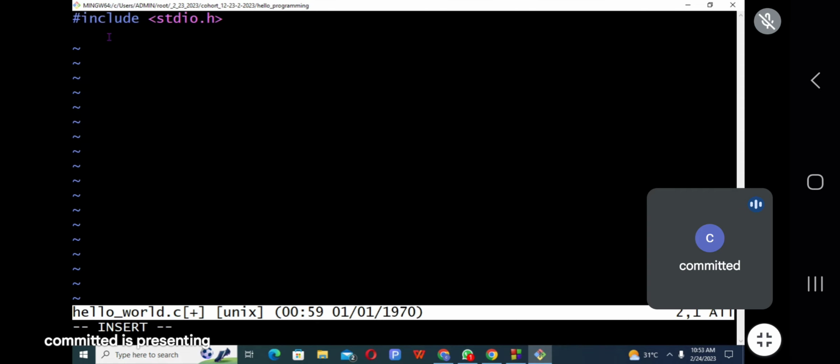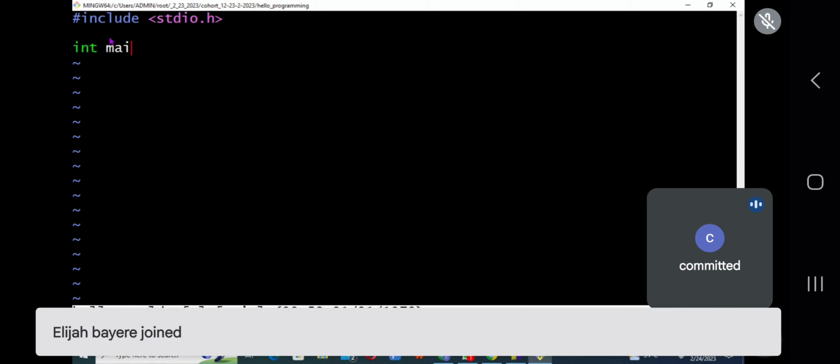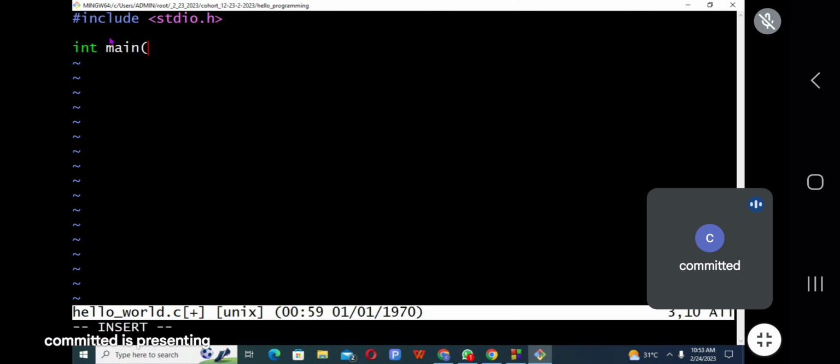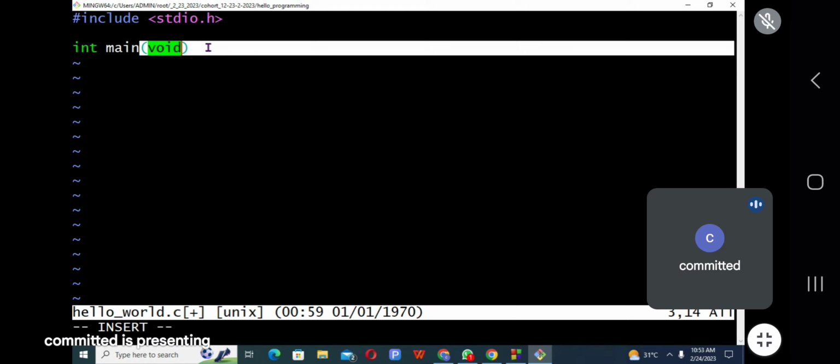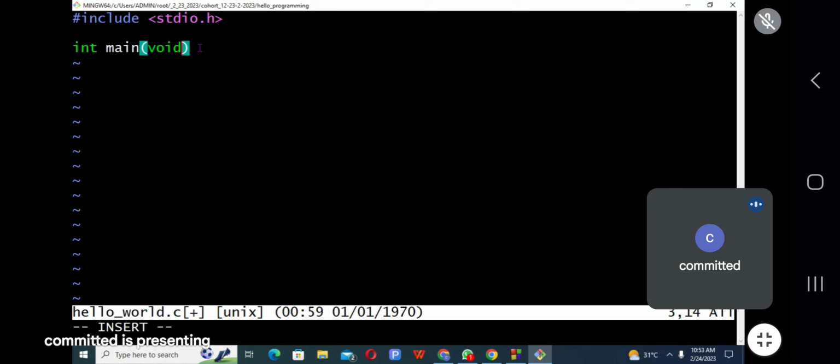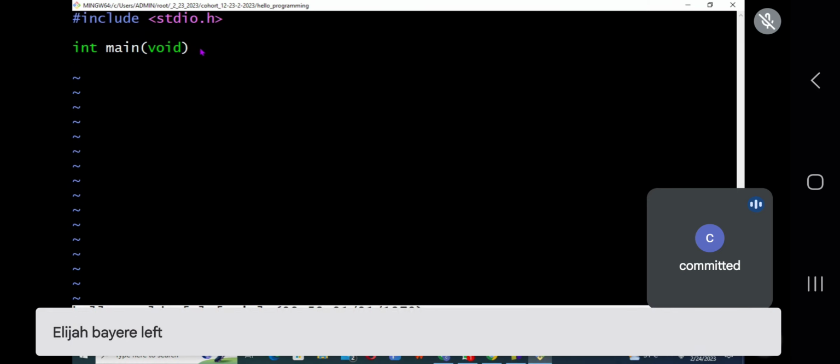The next thing we need to do is to declare our entry point. Our entry point is usually main, then void. That is int main void. That's how to declare your entry point.